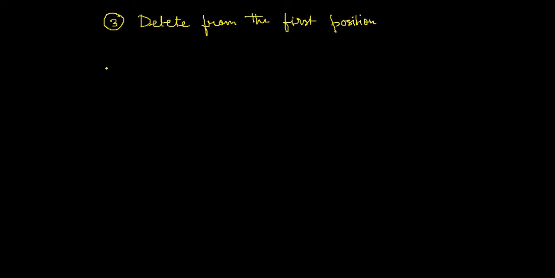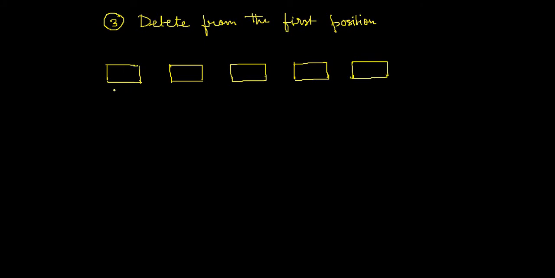What does it mean? It means that you have a linked list something like this. Let's see, we have 4 nodes in the linked list, or maybe 5 nodes, and their addresses are 100, 200, 300. These are the addresses of the nodes. Okay, and 500. The last one is obviously null.